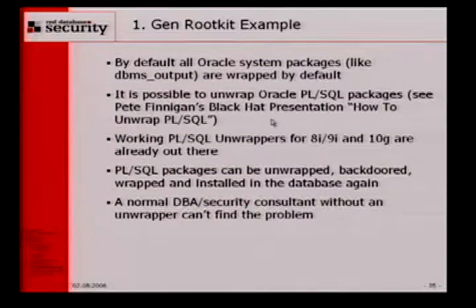Okay, if you now try to make a little bit more advanced rootkit, which is much more difficult to find,